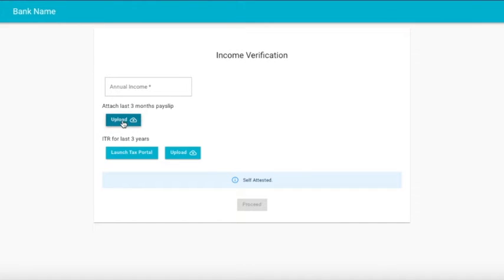It begins with the capture of income details. Income information along with proof through salary slip and ITR needs to be uploaded.